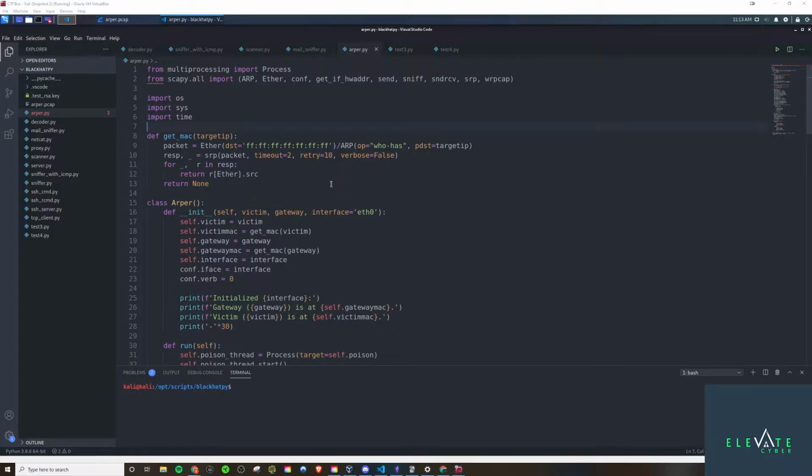But to give you the basic rundown of it, it's basically a man-in-the-middle attack. You'll use this when you're on the same network as the victim, and you can basically spoof the router into thinking that you are the victim and spoof the victim into thinking that you are the router. So you can basically sit in between and proxy his packets, and you can do things like, I don't know,